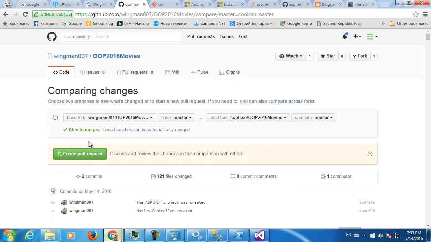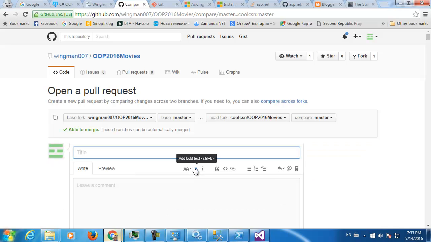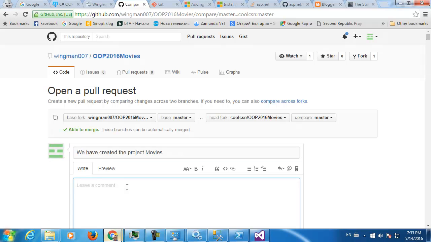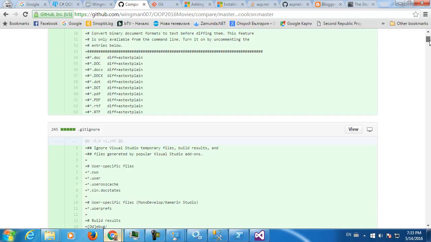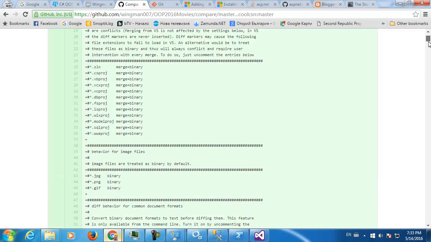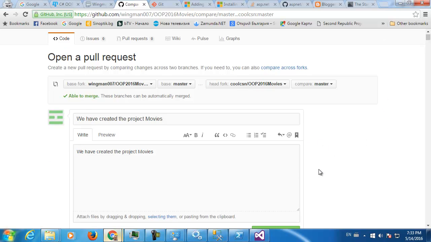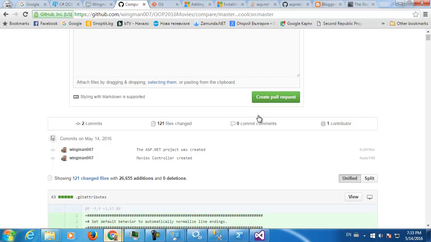Voila, it's mergeable. Create pull request, and I'm gonna say, and notice something, this is a collaborator, so each one of the collaborators should be very careful when he hits this button, because each one of the collaborators can send a pull request to the owner of the original repository. We can say we have created the project movies, okay, without too much knowledge about ASP.NET MVC 5 and MVC 6. Actually, ASP.NET 5 and MVC 6. As you can see, you can create a reasonable project. Create pull request,